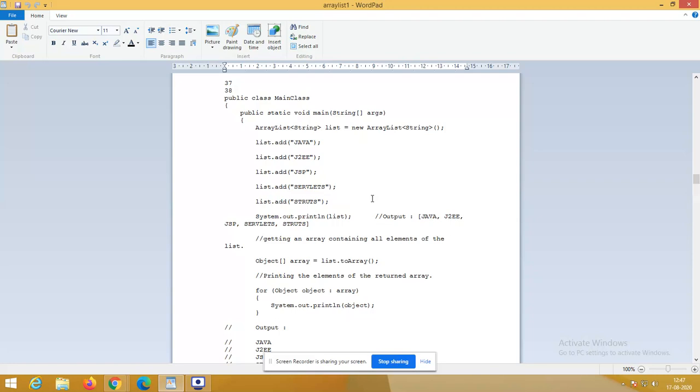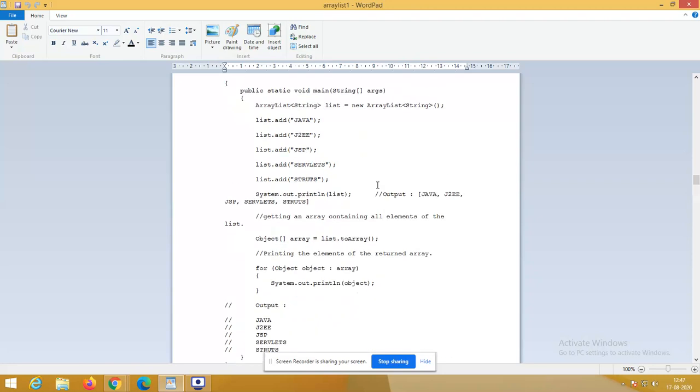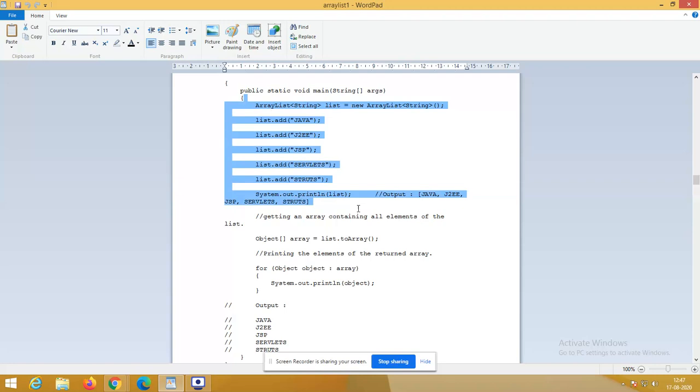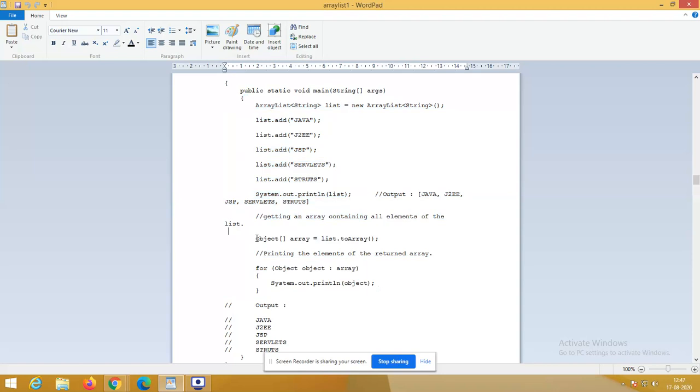So in that case, instead of writing a program, if I have built-in methods available in the array, I could use them, right? So how to do that? That's the context we are ready to convey. See, this is the code. I am creating an array list. I am adding 5 elements in the array list. I am printing the list. So how am I converting? This is the place I am converting.